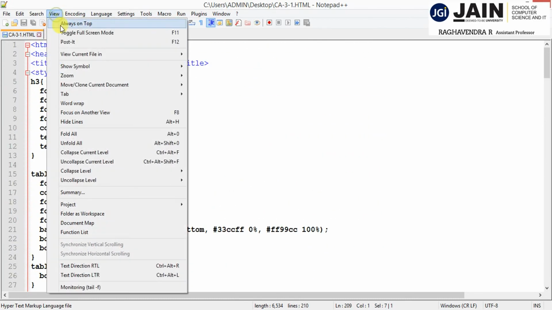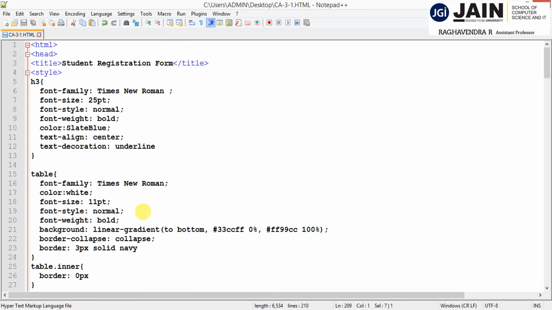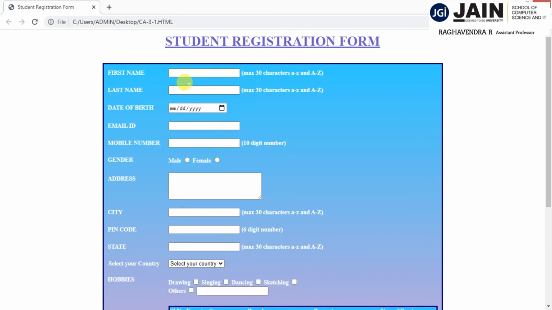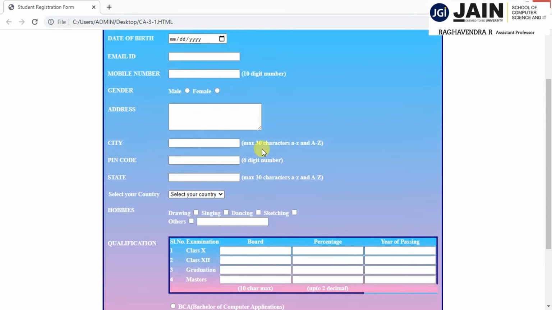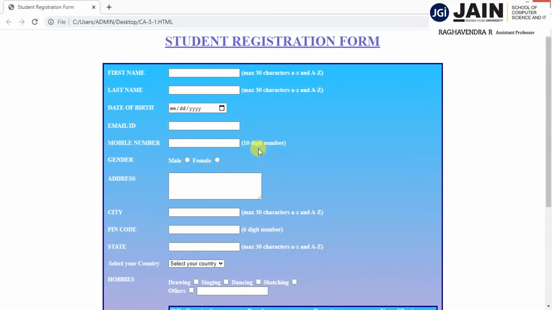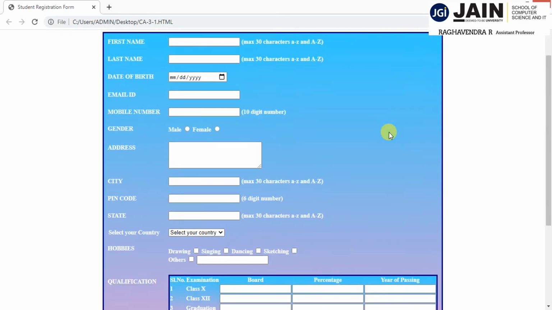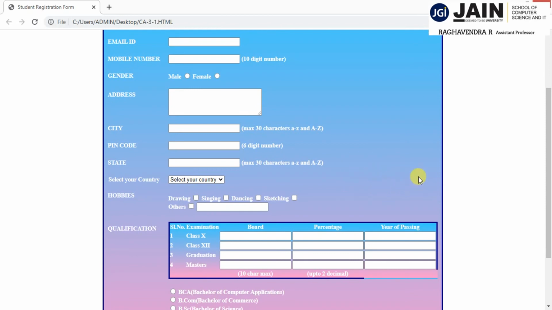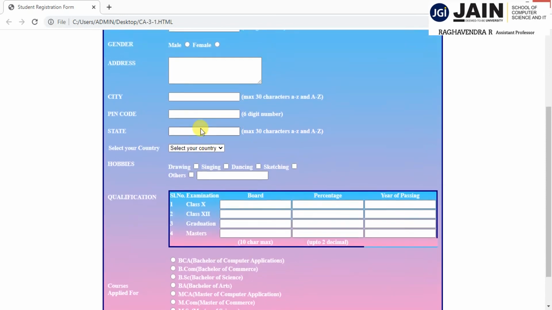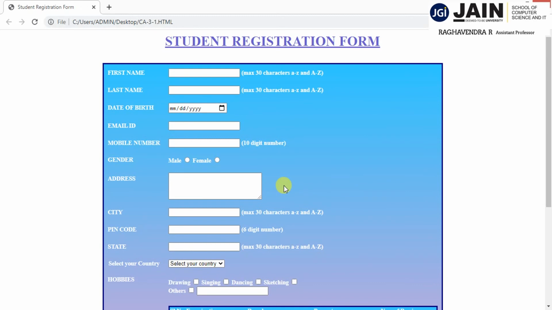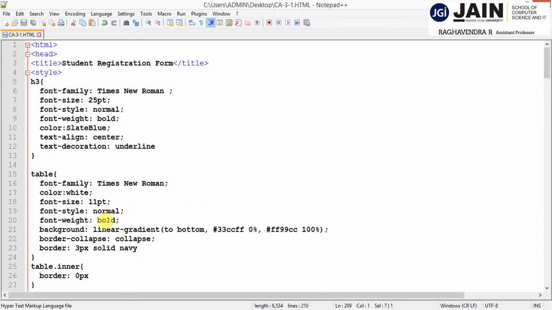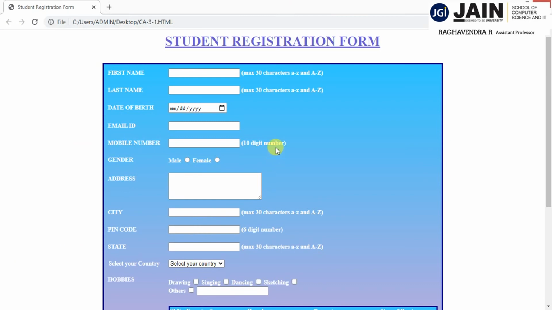Now I'll go to the web browser. You will see how it looks. So this is the form which I coded. See here that you are getting more than three colors. This is dark blue, this is a mixture of pink and blue, and this is pink. So these are gradient colors. To get more than two colors in my form, I use the gradient. Here I am using a linear gradient, one of the linear gradient types. Now I will fill the form.